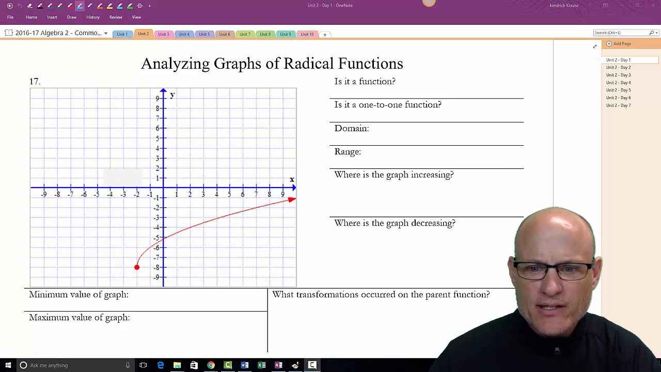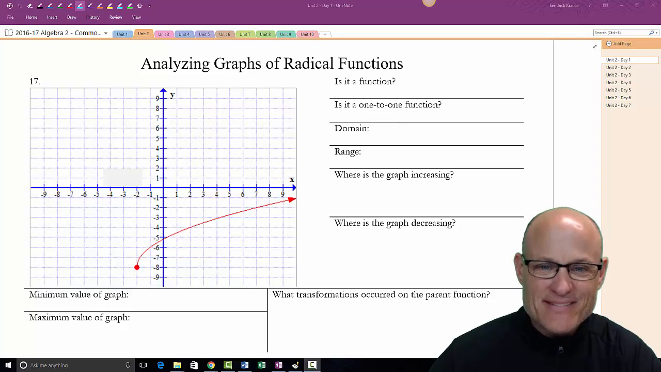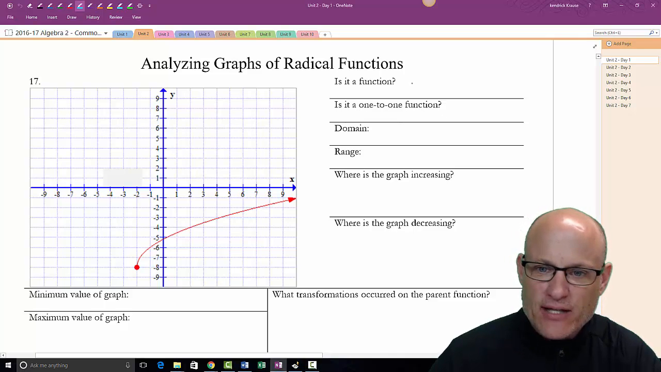Okay, so let's see what we got here. Is this a function? It should be obvious, yes. And if you're asked to explain why, you'd say it passes VLT. Is it a one-to-one function? Yes. It passes VLT and